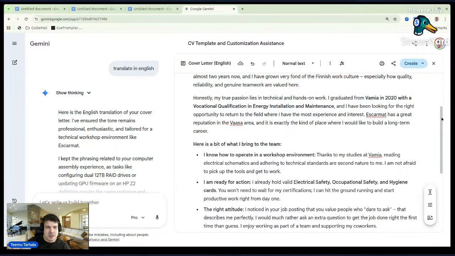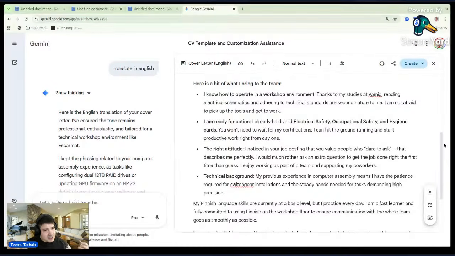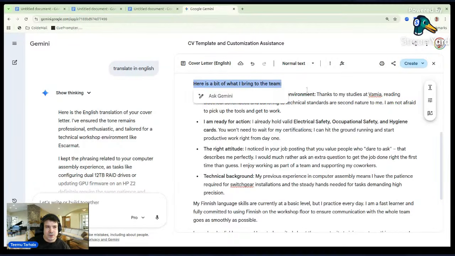Then, the second part, what is always missing? I'm saying always, but let's say that 95% of the time it is missing. What you bring to the table. You always need to think from the point of view of the company: why would they hire me? And here we did a nice part on what we bring to the table, and check what we highlighted.